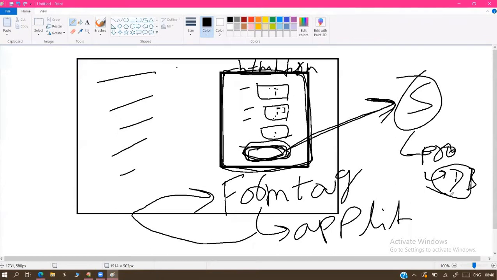The paper is not available, sir. We are unable to fill in the details. The paper is the HTML form. Inside, fields are available, like enter name or enter contact number. Those text boxes that are available are called HTML controls. Inside it, what we define is called HTML controls.